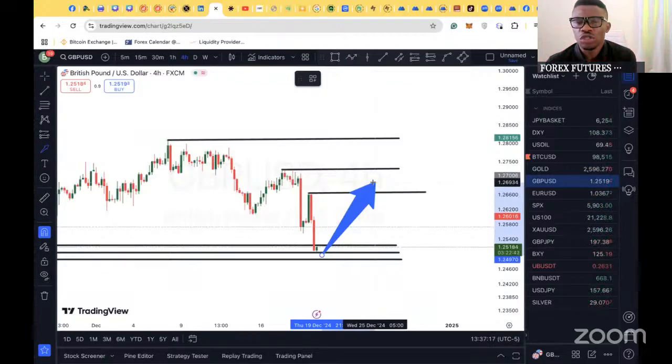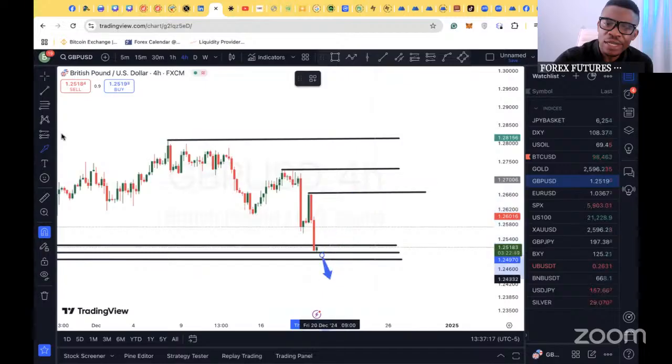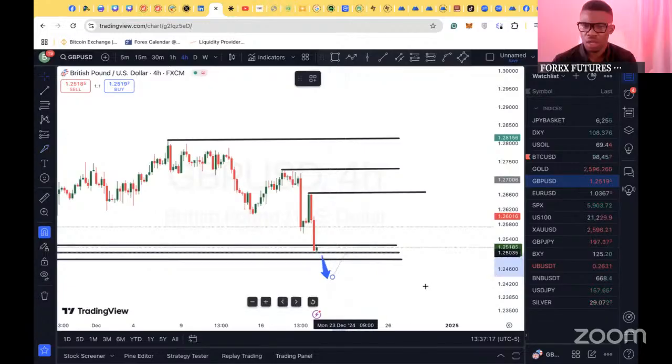Sometimes when the market gets to support, the market tends to break the support. After breaking the support, the price will pull back, test the support, either the first one, second one, or third one, anyone they like, then they continue pushing it downward. This was what happened to Link USD. It broke the support, tested it, and fell down